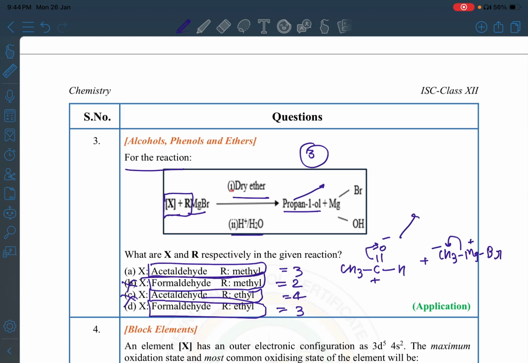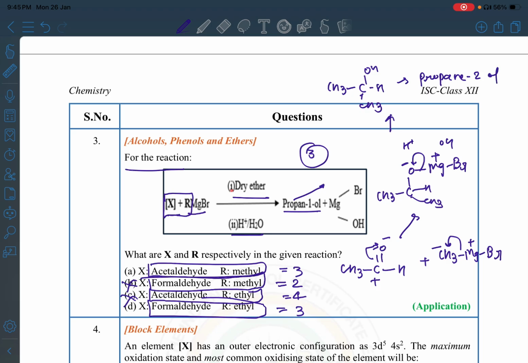Now we get this product, CH3COMg, with this Br, this H and this CH3. After hydrolysis, this bond breaks this way, negative and positive, H plus goes here, OH minus goes here. So we get our product like this, CH3CHOHCH3,